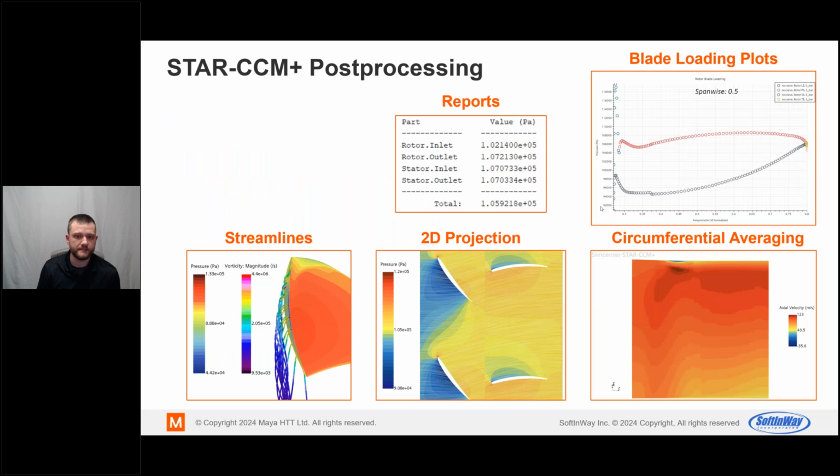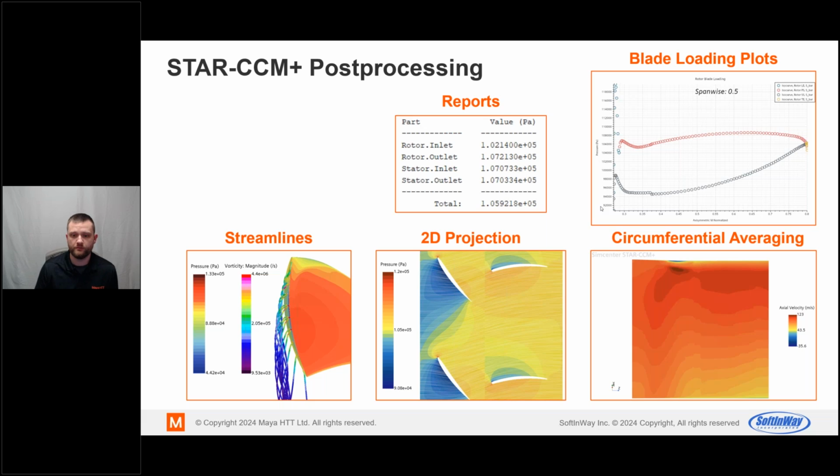As well as post-processing, once we run our simulation, we can get reports. I've done some custom reports to look at our data versus the AxStream data and interrogate that to gain insights. We can create blade loading plots and have those automatically change with span-wise location. We can do velocity plots or average velocity plots at certain meridional locations in the flow path. That's automatically done using that parameterization approach. We can see streamlines, we'll show that as well.